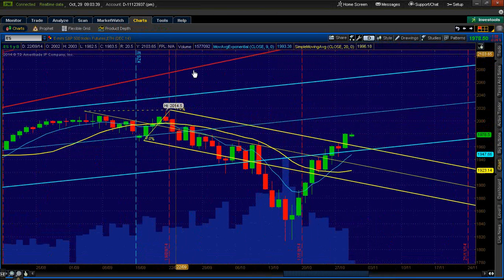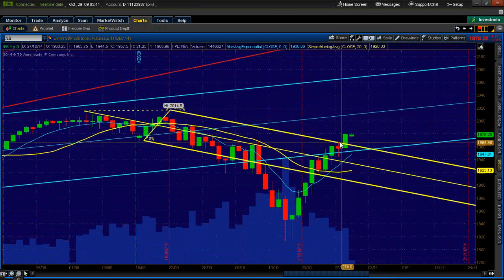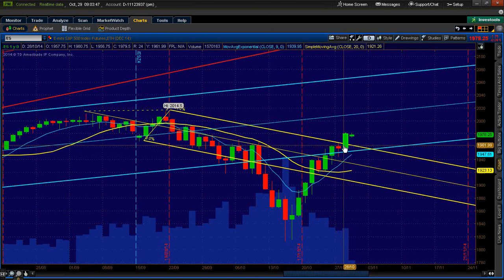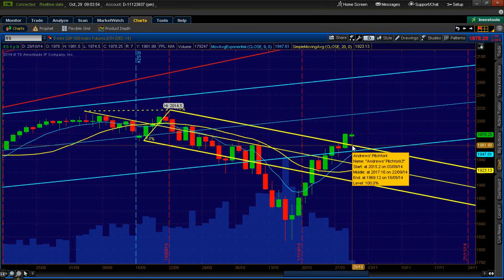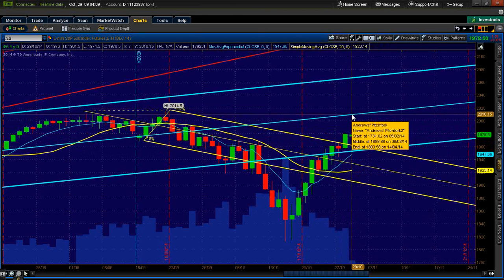Going over to the geometric chart, we're watching the center line and the upper line of the downward sloping fork, and we've now broken out of it. The target today is a retest of the upper line of the downward sloping fork on any type of retrace. That would put us down into the 1962 area. Of course, if we do get another major rally, I doubt it's going to happen today, but with the Fed, you never know. We've got that 2010.